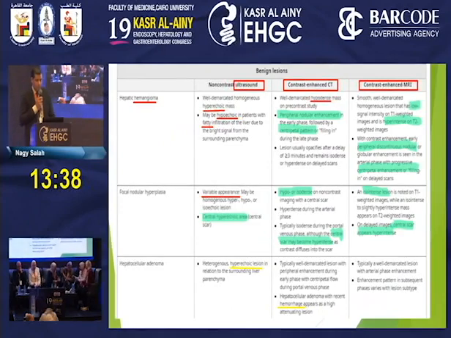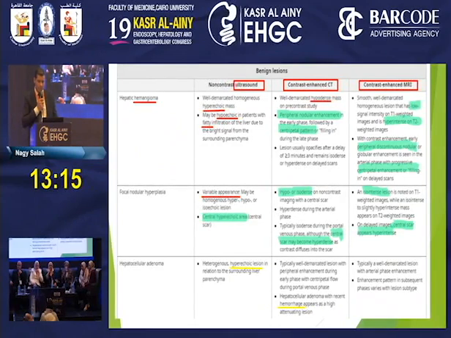Benign lesions include hemangioma. In ultrasound it is mostly well-demarcated, homogeneous, and hyperechoic, except in fatty liver, where it may appear hypoechoic. In contrast-enhanced CT, on the non-contrast base it appears as a hypodense lesion, showing peripheral nodular enhancement in the arterial phase with centripetal filling in delayed phases. Enhanced MRI shows a well-demarcated lesion with low T1, high T2 signal, and peripheral discontinuous nodular enhancement, with progressive centripetal enhancement in